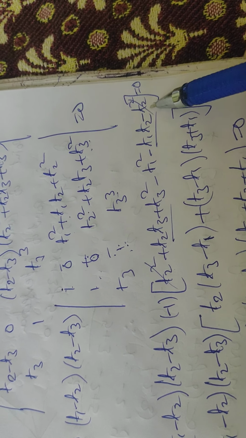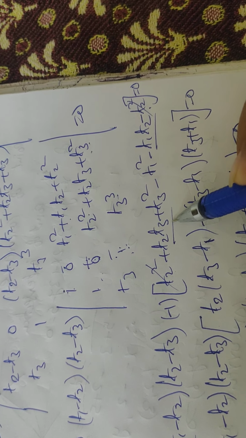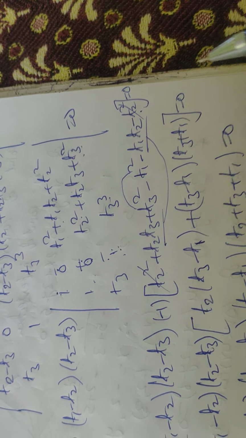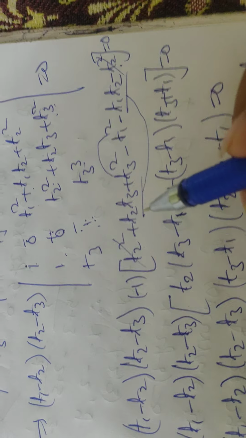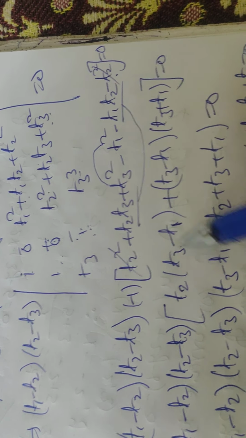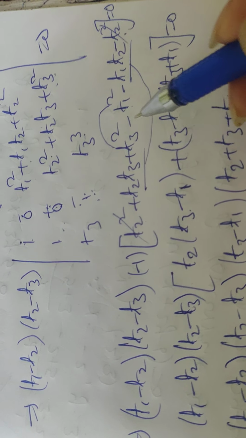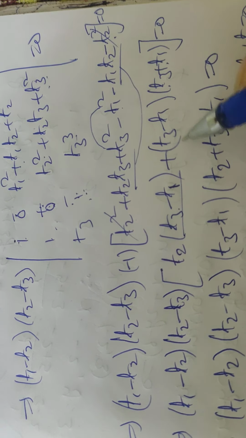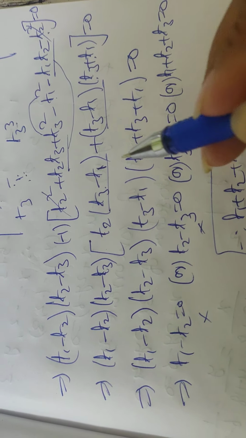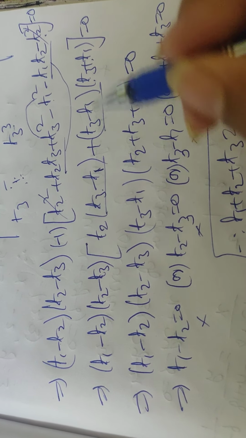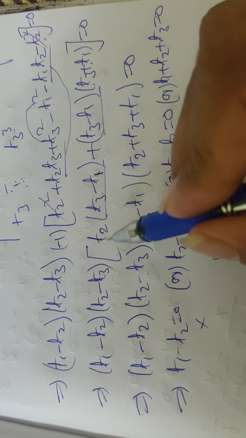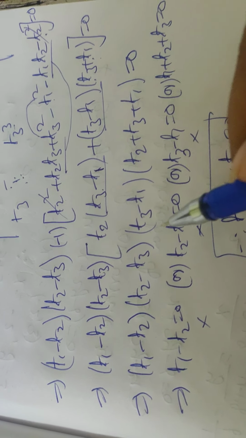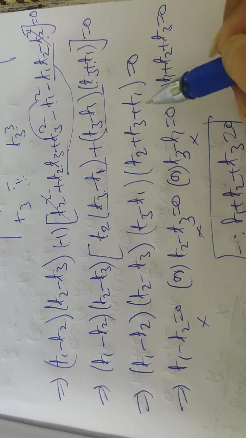Here plus t2 square minus t2 square cancel. So from these two terms we can take t2 common, and you can expand this one as the a square minus b square formula. So if you take t2 common, what you have is t3 minus t1, and t3 minus t1 into t3 plus t1 is the expansion of this one. From these two terms we have t3 minus t1 common. So take t3 minus t1 common, you have t3 plus t1 plus t2, or t2 plus t3 plus t1, as the second factor for this expansion. So t3 minus t1 into t2 plus t3 plus t1 is equal to 0.